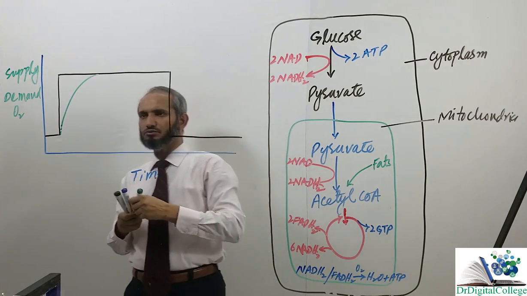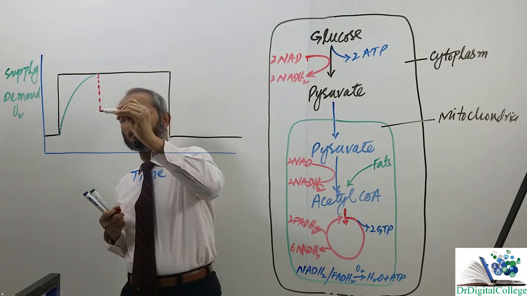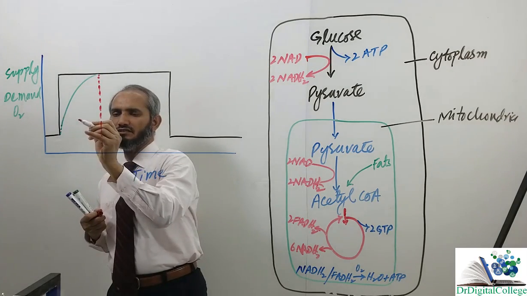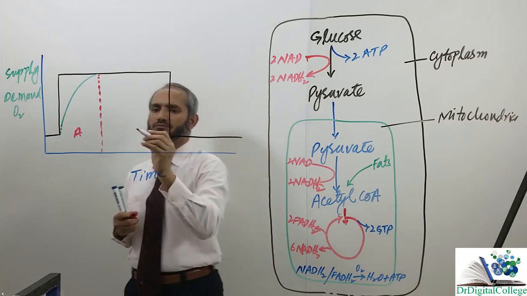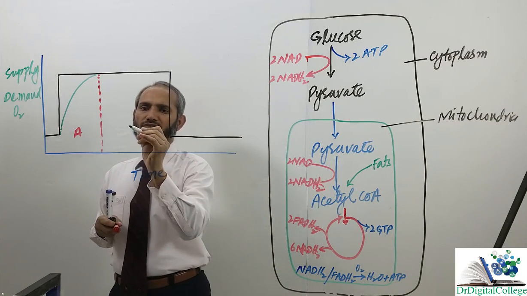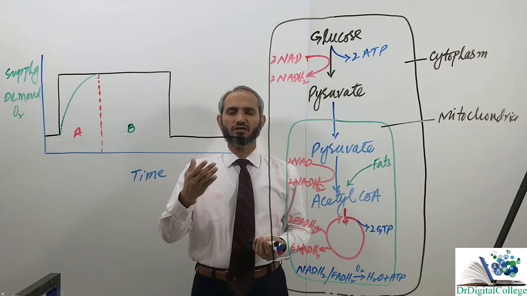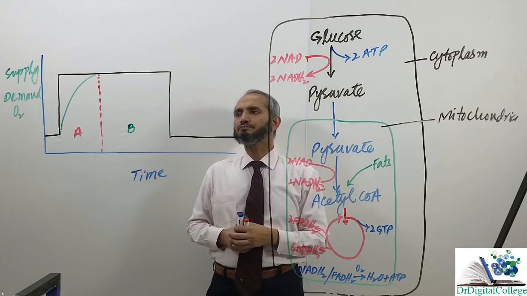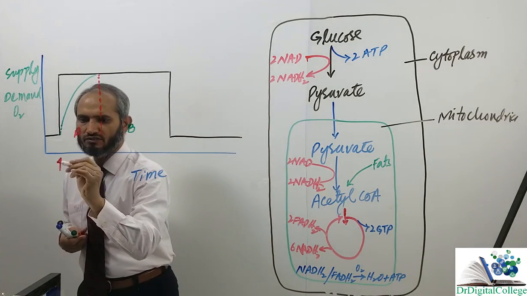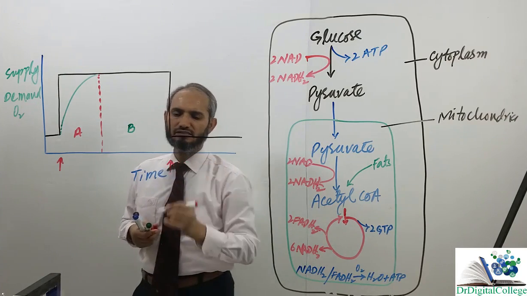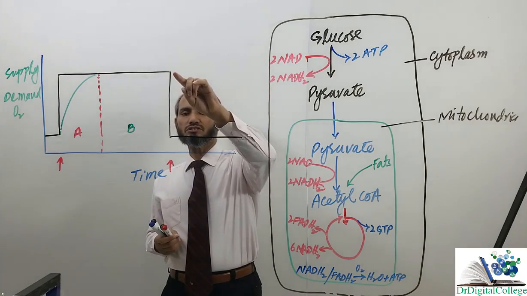If I divide it into two parts, this initial part of the exercise, I am writing here as A. This A is the stress exercise, and after it, this B area is our aerobics, whereby oxygen supply and oxygen demand are equal. Body is not under the stress of oxygen deficiency. Okay, now when the exercise will be over, if I write here one arrow for the start of exercise and one arrow over here as the end of exercise, then when the exercise will be over, demand of oxygen will